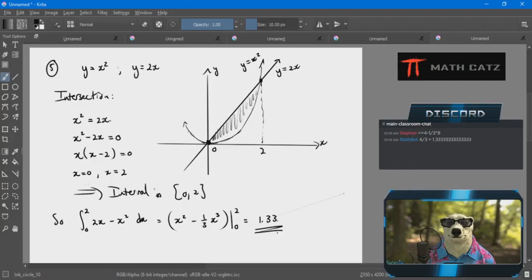So in cases where I don't see an interval in the question, the interval is specified by the intersection points. So that wraps up our chapter on antiderivatives, integrals, definite integrals, and areas. We have one more topic left,